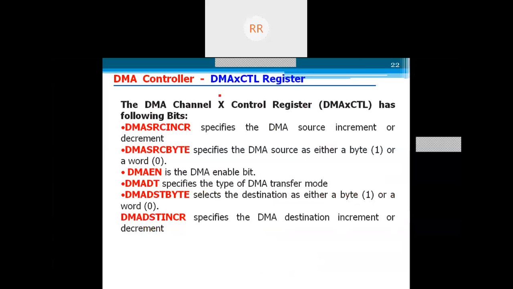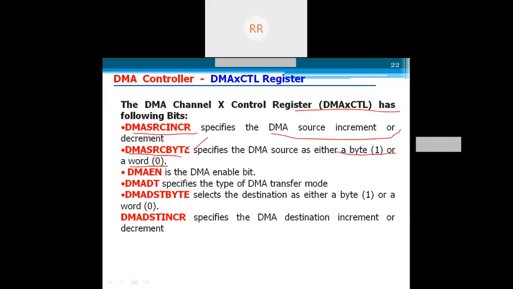So the DMA X control register is having all these bits. We have just discussed the source increment bit, which specifies the DMA source increment or decrement operation. Source byte, either you want to transmit a byte or word, that will be specified by this one.